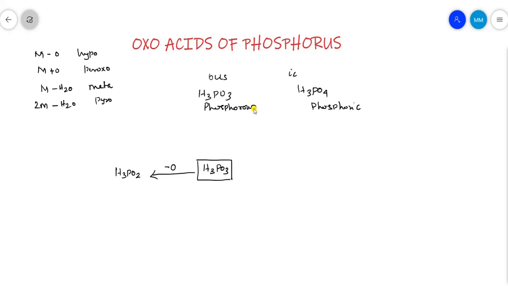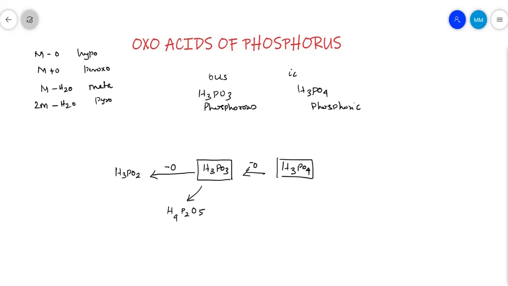Okay. And in phosphoric acid, H3PO4, by losing an oxygen atom you get H3PO3, hypophosphoric acid, minus oxygen. And the pyro is obtained from two molecules of the compound minus one H2O. So H3 doubling gives H6, losing a water molecule gives H4